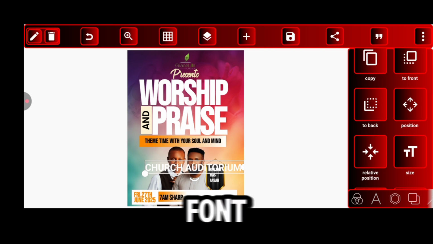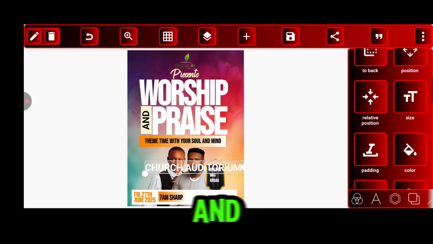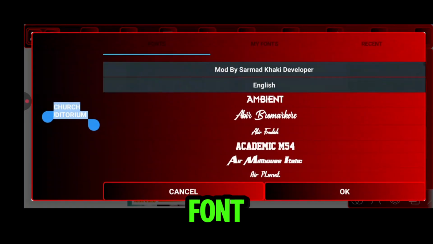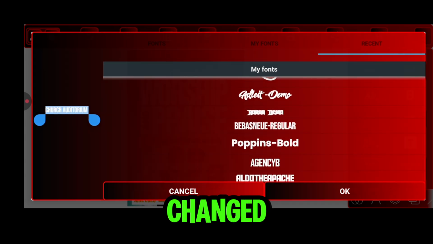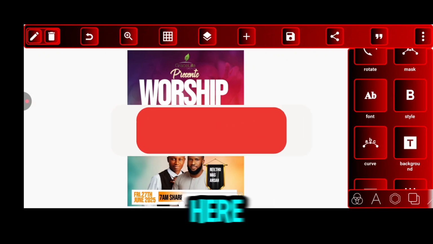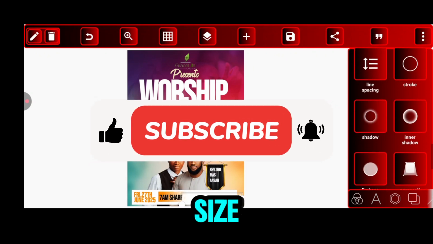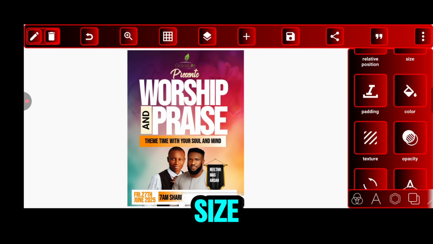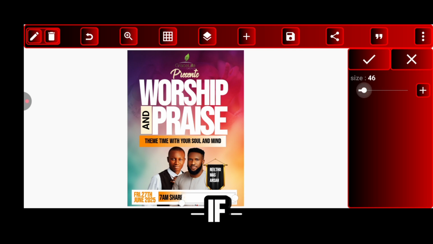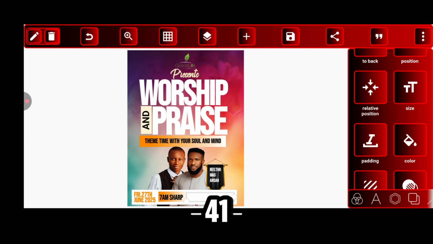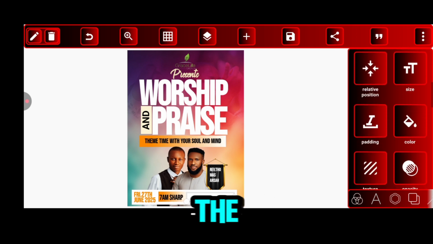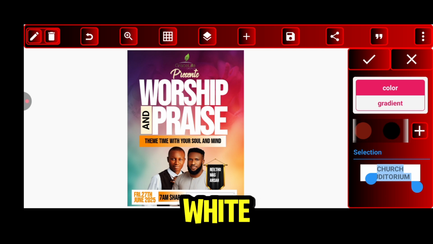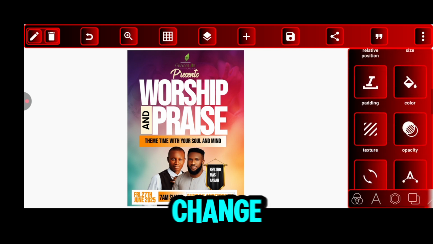So let me go and change the font. Still using the same font, it has not changed. Good. Then position it here. You can reduce the size if it's too big, to 40 or 41 depending on the space you have there, and change the color because it's white and it's falling on the white color as well. That is why you are not seeing. So change it to this color